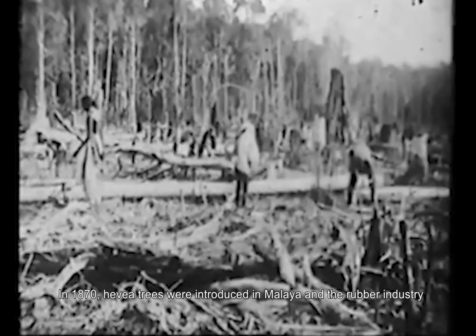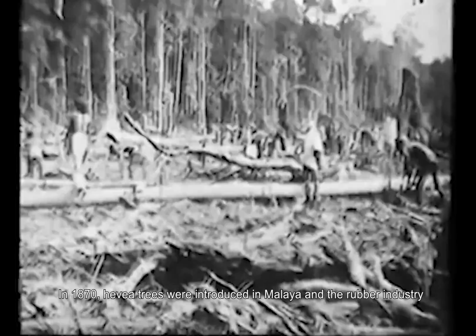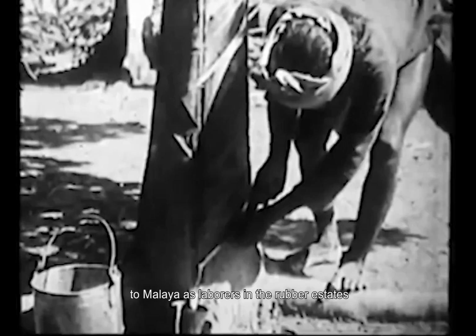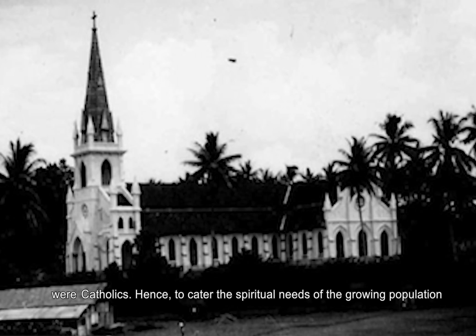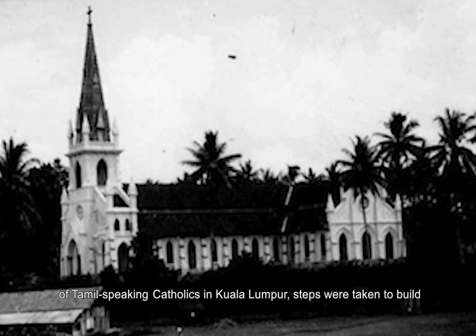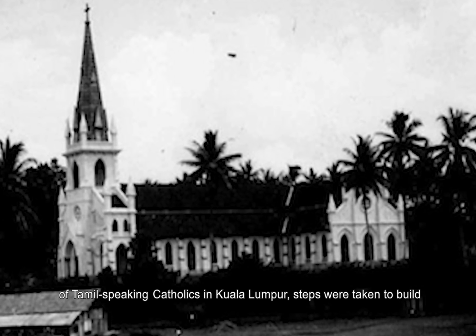In 1870, hevea trees were introduced in Malaya and the rubber industry was developing rapidly, causing an influx of Indians, mostly Tamils, to Malaya as laborers in the rubber estates. Among the Indian workers, there were a significant number of them who were Catholics. Hence, to cater to the spiritual needs of the growing population of Tamil-speaking Catholics in Kuala Lumpur, steps were taken to